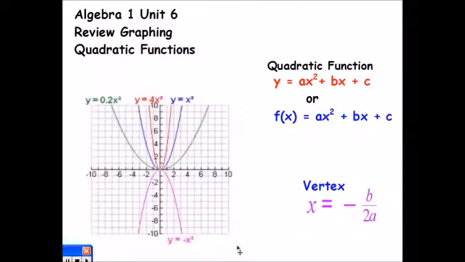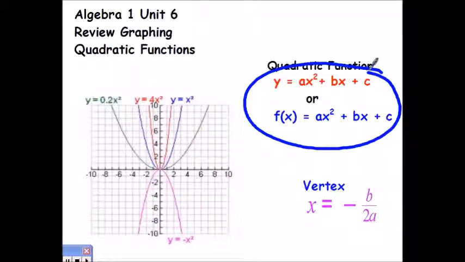Alrighty, this is our video on graphing quadratic functions. Today we're going to graph quadratic functions that are written in standard quadratic form, whether it looks like the y equals this form or f of x equals this form. But before we go any further,